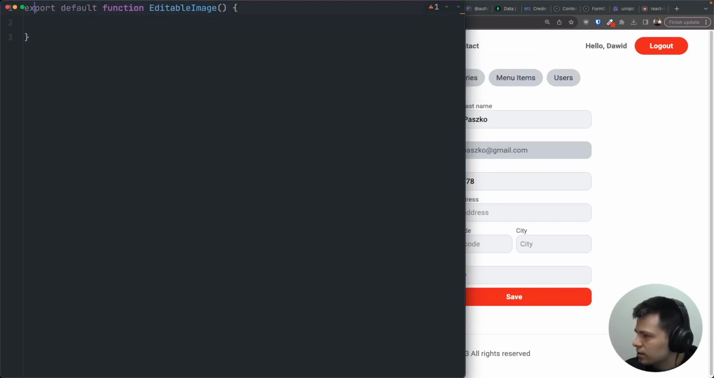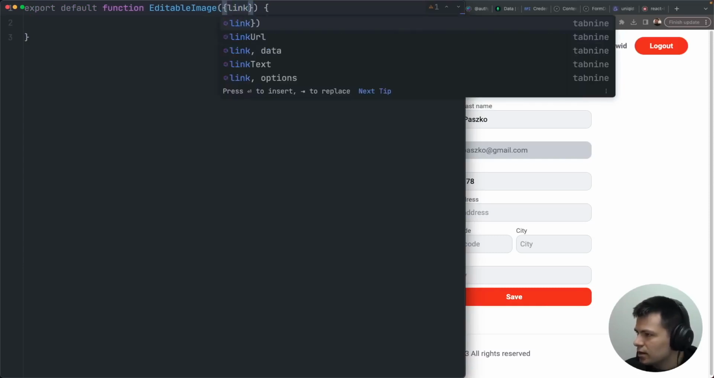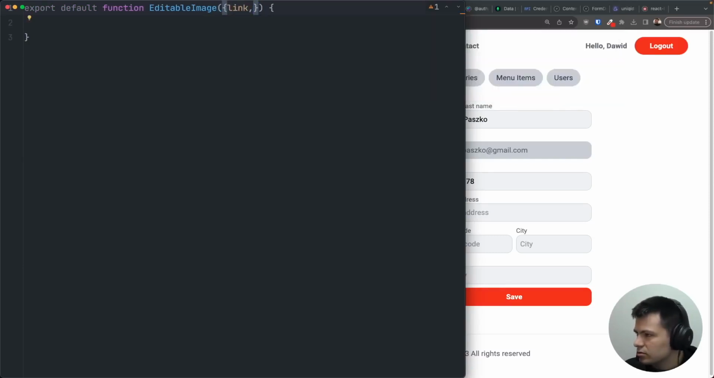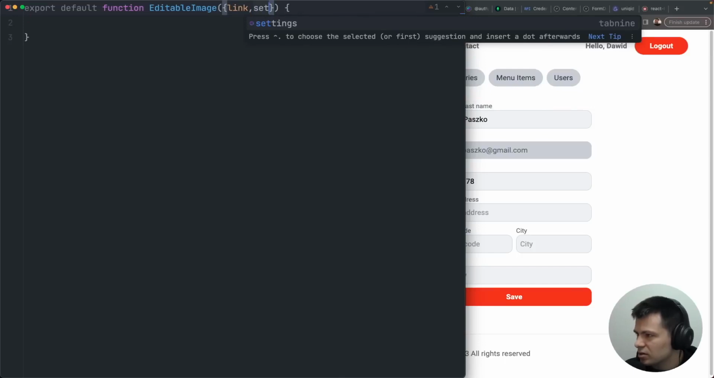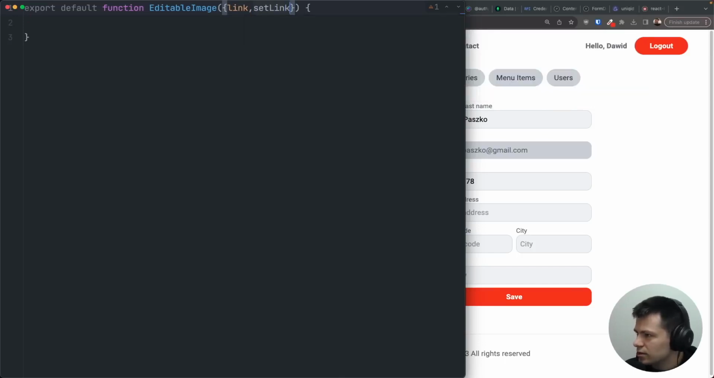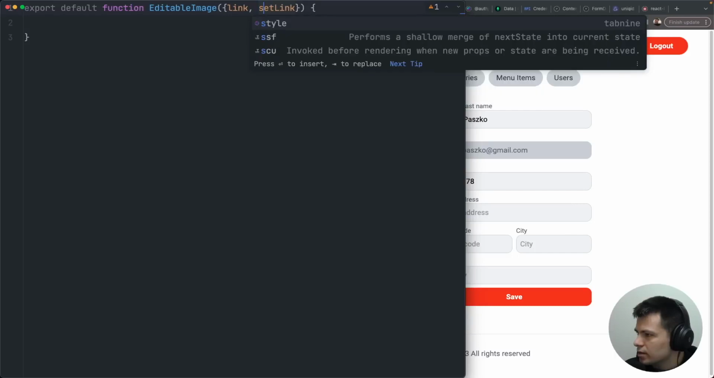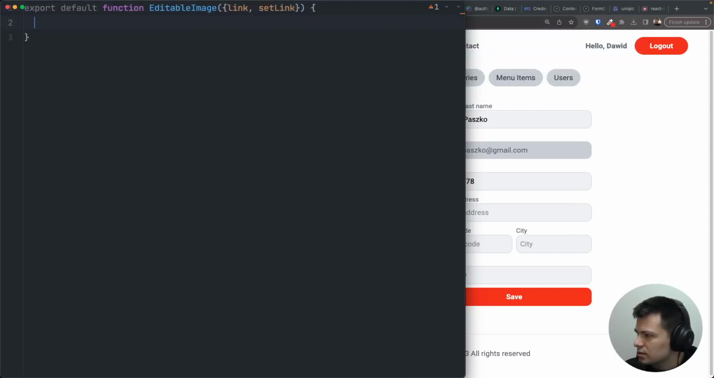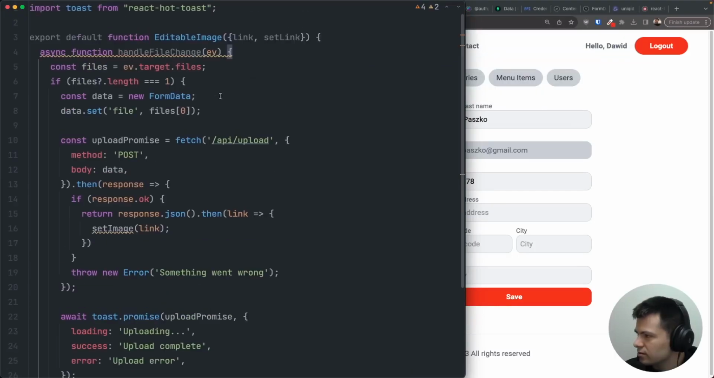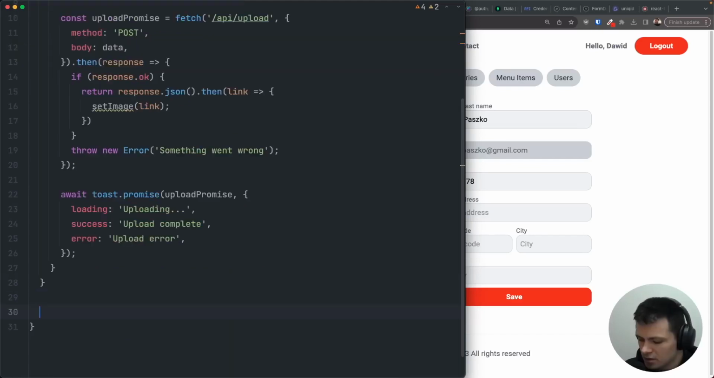All right, and we want to have here properties of a link, and we want to also have a function to inform when we set a new link. So let's do link and set link. And now I'm going to paste this function here that is super long, handle file change, as you can see. And then here underneath, I'm going to return